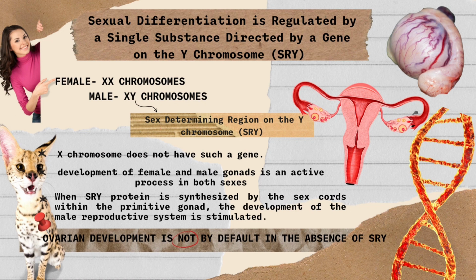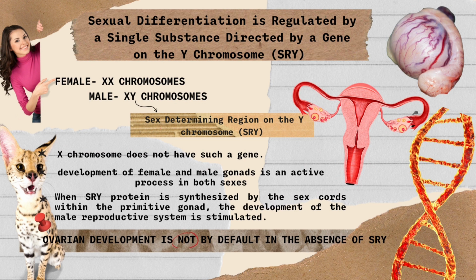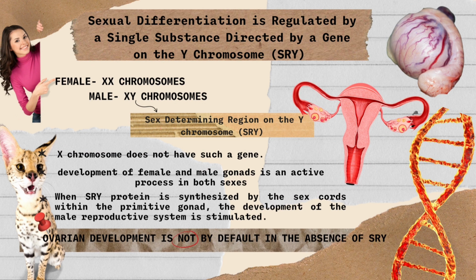The substance that controls the pathway toward either male or female development is the SRY protein, and it is controlled by the SRY gene on the Y chromosome. The X chromosome does not have such a gene. When SRY protein is synthesized by the sex cords within the primitive gonad, the development of the male reproductive system is stimulated. On the other hand, cells without the SRY gene express female genes and at the same time inhibit